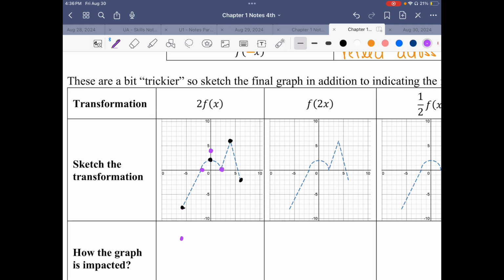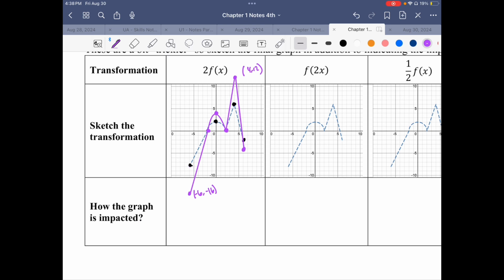Multiplying 6 by 2 gives us 12, so approximately there. This would be at 4, 12. This one is at -6, -16. And this one comes out to 4. However, the majority of this really stays the same, though. The shape is very, very similar. It has just been stretched out. So how is the graph impacted? A vertical stretch by a factor of 2,